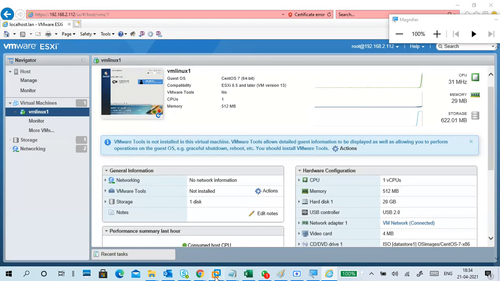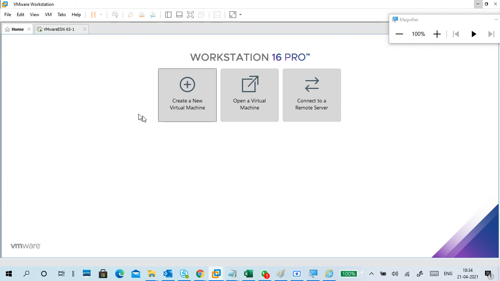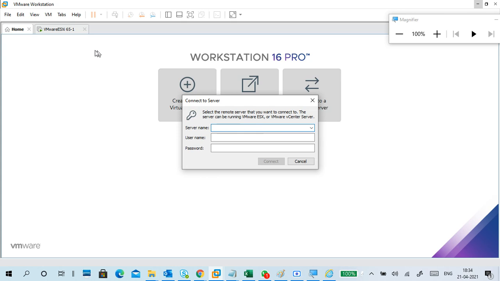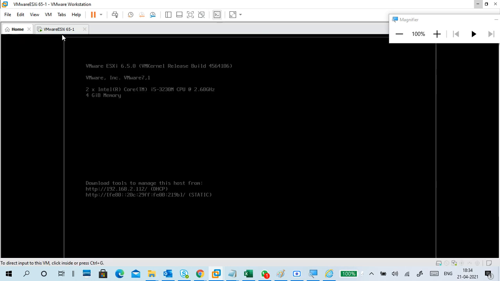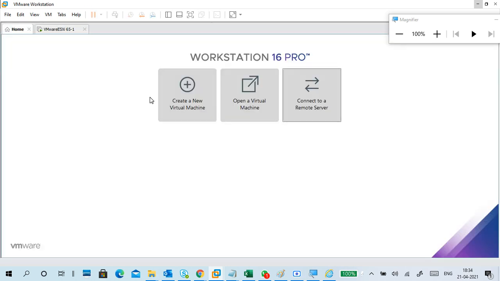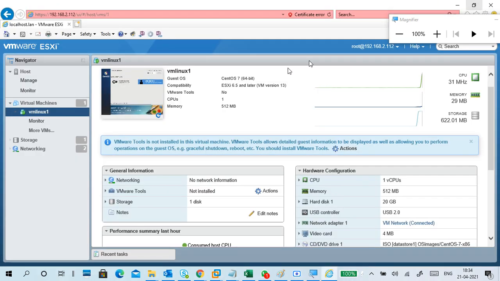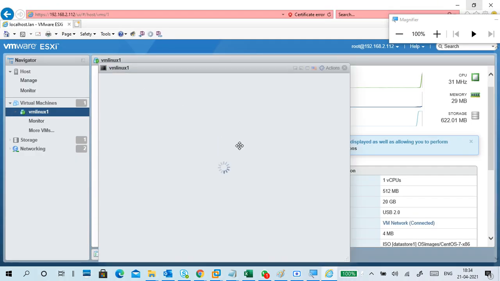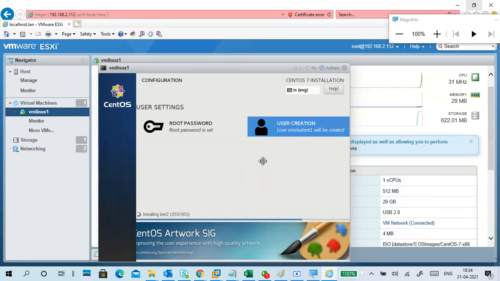Okay, so like this. Next one is in VMware. You can go to home. You can connect to server. If you click on connect to server, give your server name, means this server IP address, username and password, and we can manage using normal VMware also. Okay, we can do it, but I don't want to do it again, disconnecting and all giving me headaches. So this is quite easy. We're about to complete, almost complete. Okay, any doubts, please ask me.